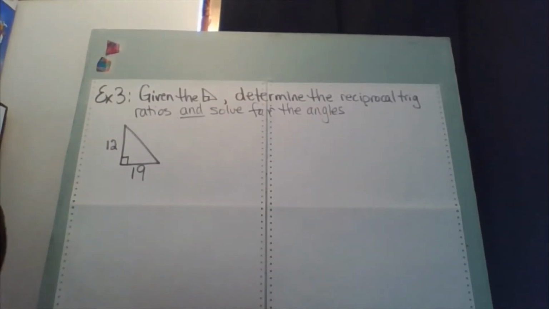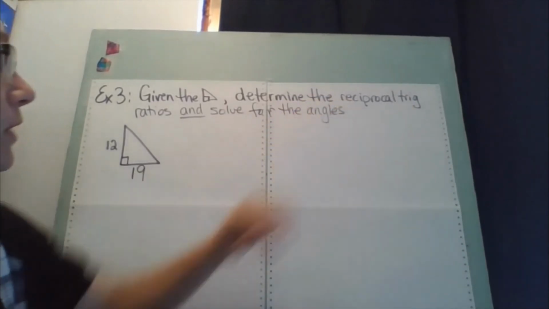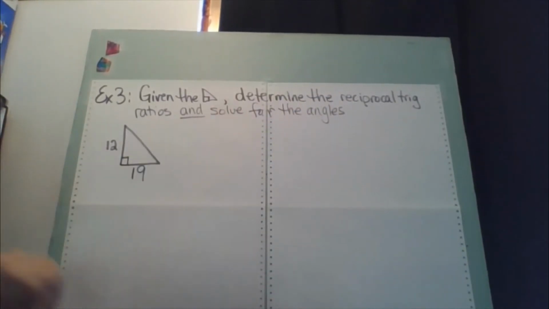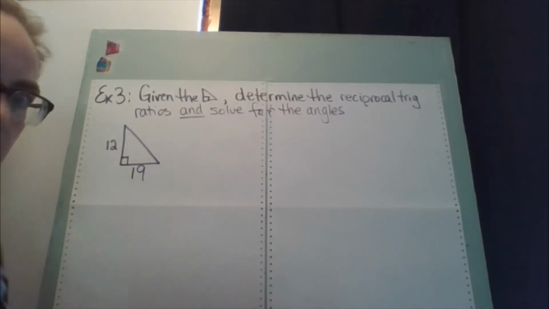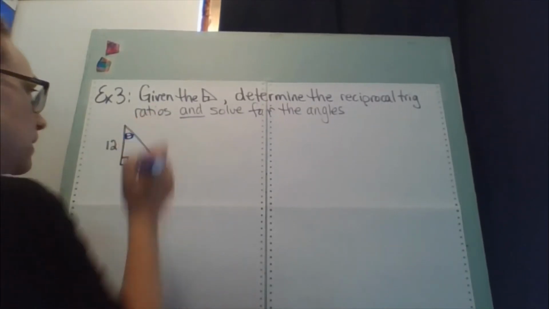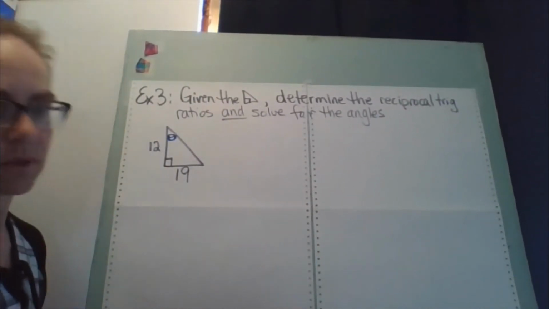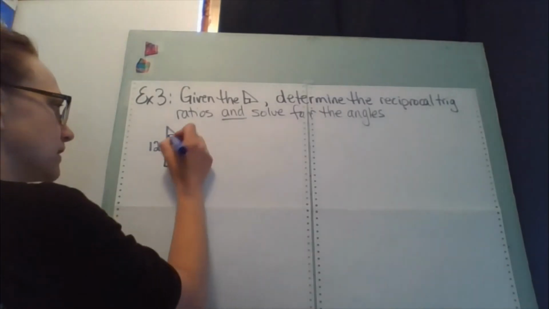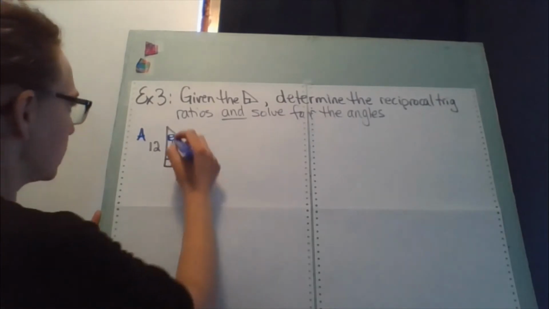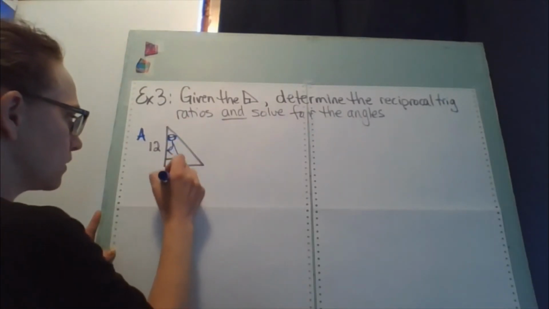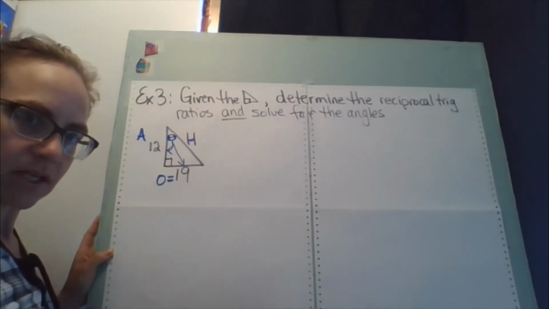All right, so let's do this example here. Given the right angle triangle, we want to determine all 3 reciprocal trig ratios, and we're going to solve for the angles. Which angle do we want to choose? We haven't really done one with one up here, so let's choose that angle as our angle of interest. We need to solve for both angles, but let's start with one. So if that's the case, the side that's touching it is my adjacent. The side opposite is over here. So there's my opposite. There's my hypotenuse, but I don't have an answer for it yet, so I need to